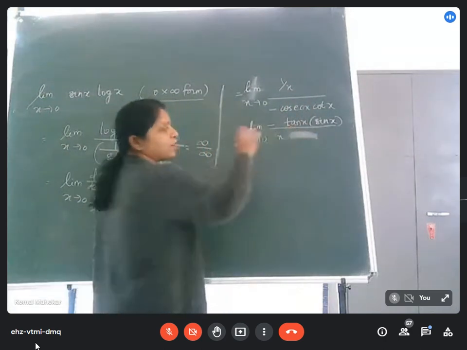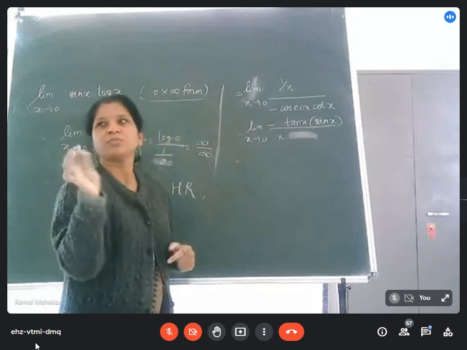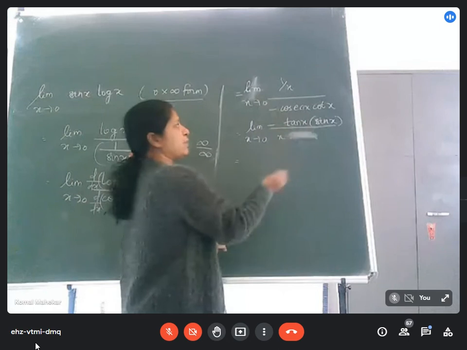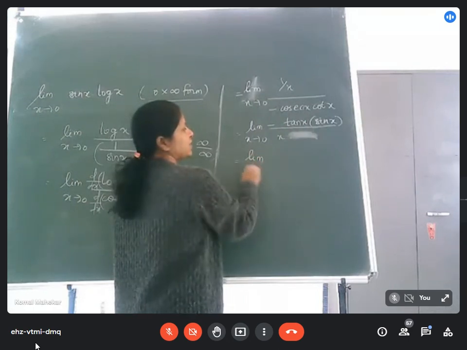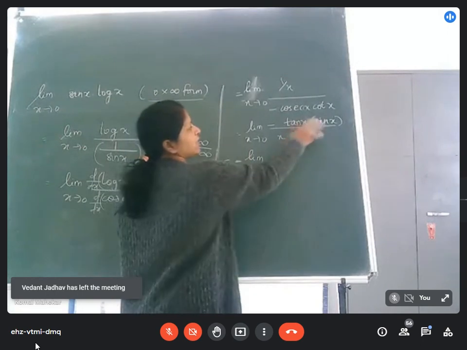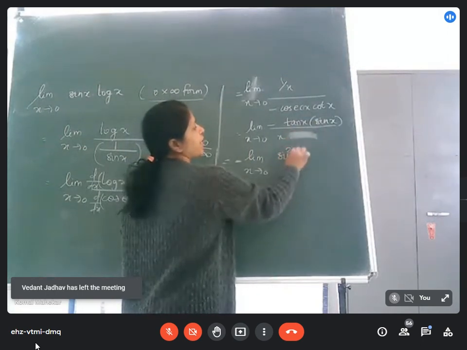So tan can be written as sin upon cos. So this limit x tends to 0 of minus multiply by sin into sin, that becomes sin square x divided